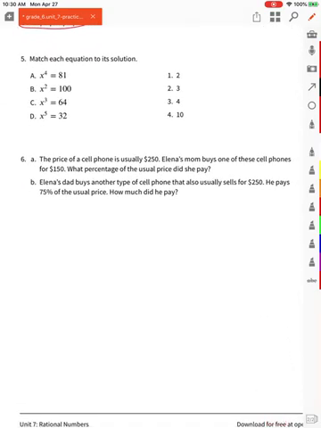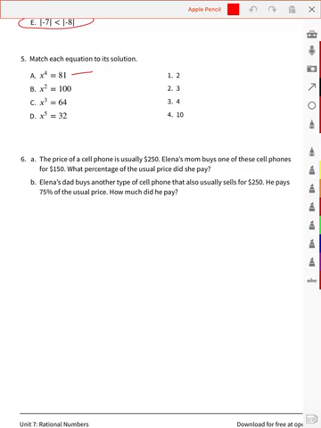Number 5, match each equation to its solution. So we have x to the 4th equals 81. That's going to be 3. 3 to the 4th power is 81. True. Something squared is equal to 100. That's going to be 10, so that's number 4. X to the 3rd is equal to 64. And that's going to be,